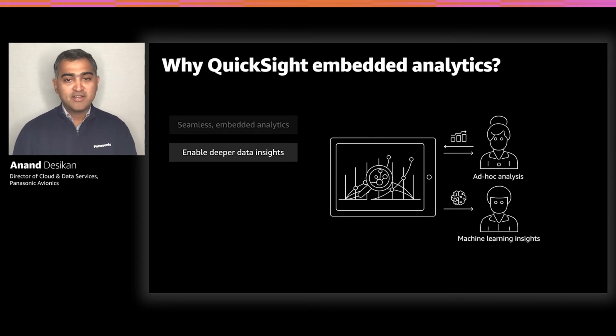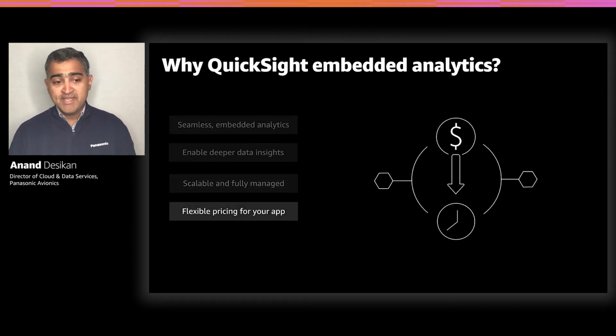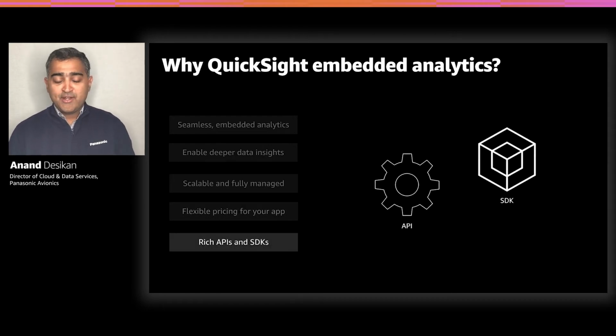Here, the machine learning insights, the ML powered insights that QuickSight has come out with, are hugely beneficial for us. As I said, it's a fully managed and scalable service, so we pretty much throw automation at the problem of all the dashboards that we create, curate, and publish. It also has flexible pricing. We use Enterprise QuickSight, and it provides flexible pricing for pay for use, and also a rich list of APIs and SDKs that we leverage today on a day-to-day basis.